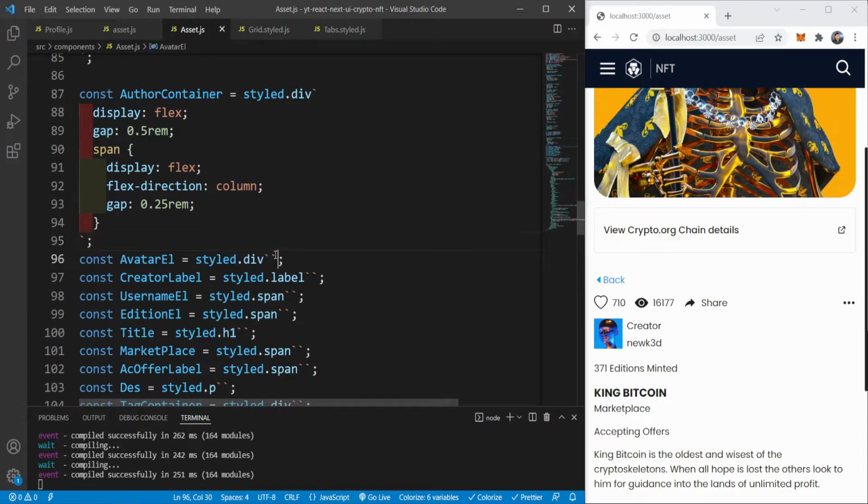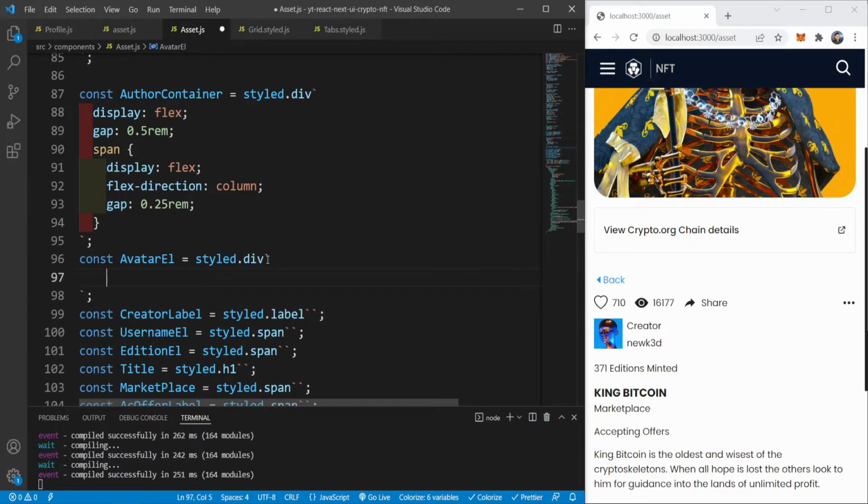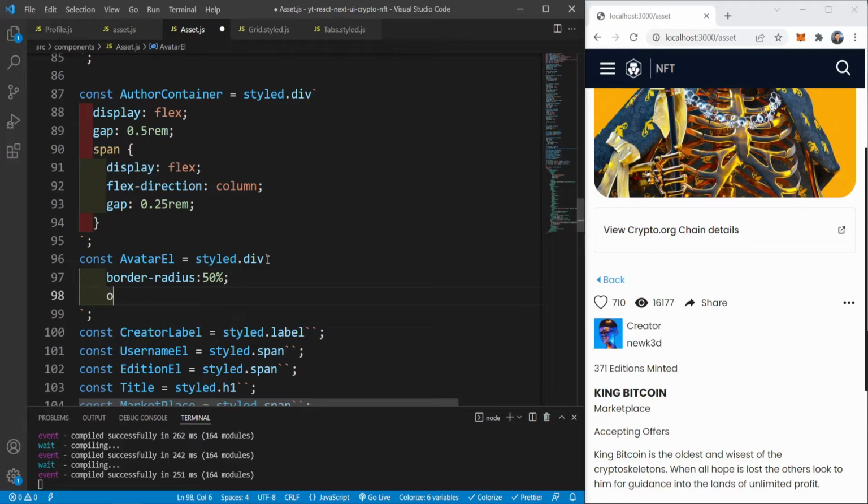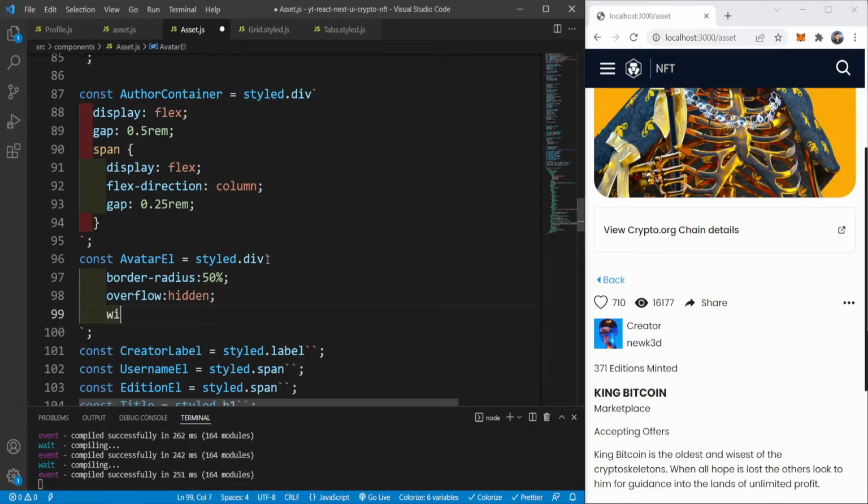For the avatar element, border radius 15%, overflow is hidden, width is 50 pixels, sorry. Then for the height,